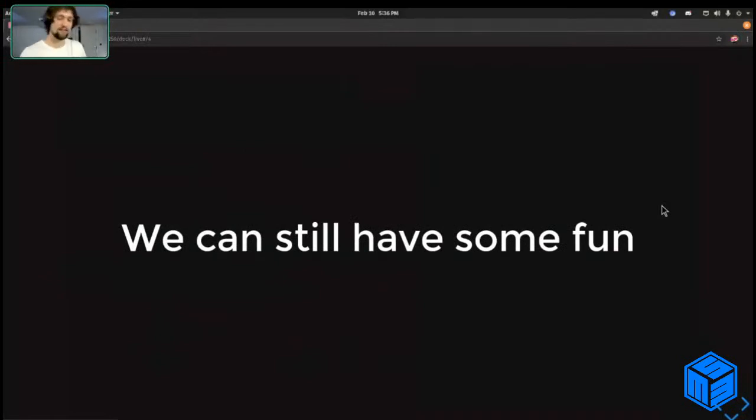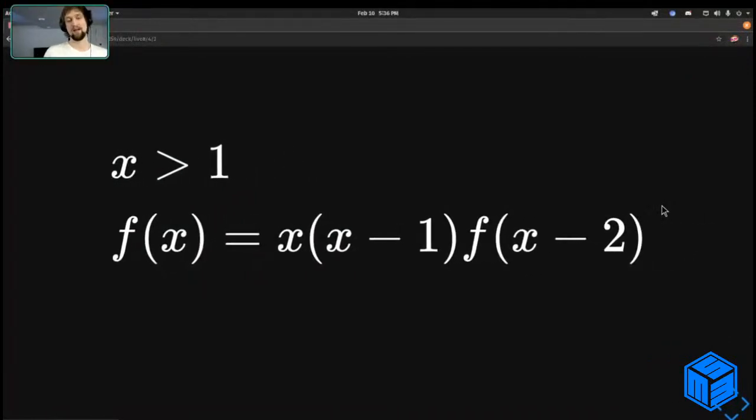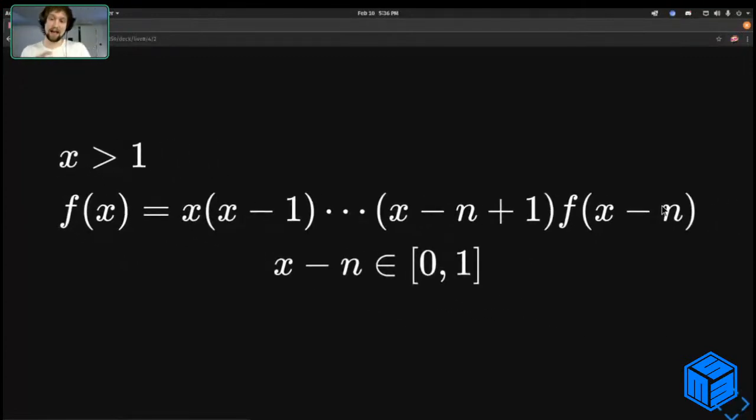Specifically, I'm going to talk about this whole piecewise business, because there's a lot more we can do with that. Specifically looking at if we have a function that satisfies a factorial property, namely f of x equal to x times f of x minus 1, which is the same property that we saw when x was a discrete variable, like an integer or a whole number. And so if we continue this out, giving you x minus 1, f of x minus 2, so on and so forth, until x minus n is